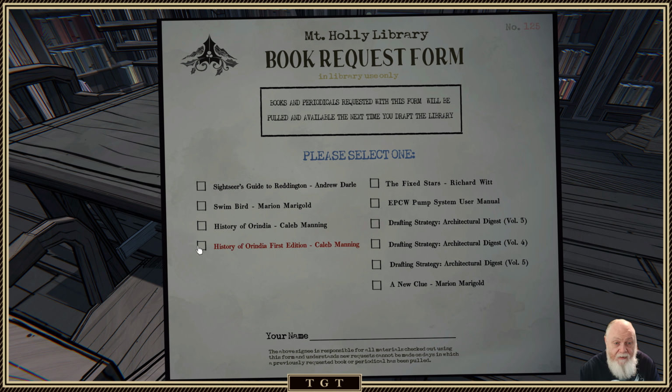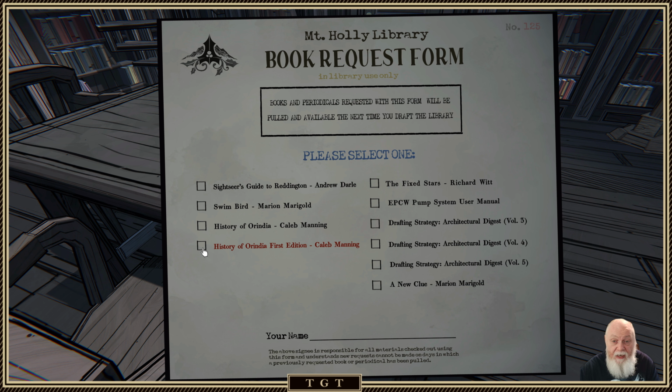We need this History of Arindia first edition. We definitely want to read this. This may not require as much magnifying glass work as a New Clue does. A New Clue definitely requires magnifying, going back to it with a magnifying glass. Maybe this one won't. Who knows? But we'll